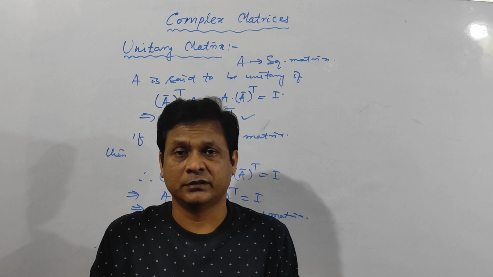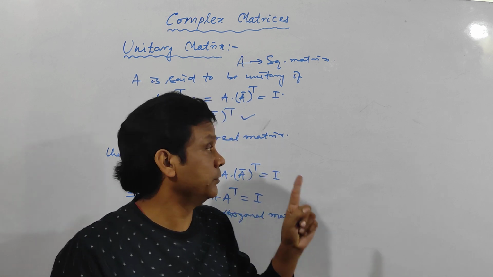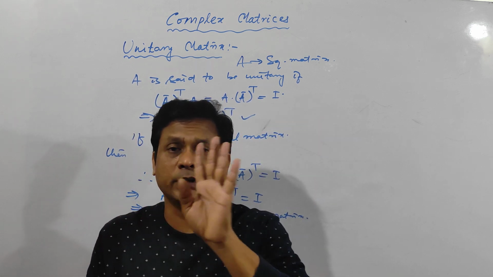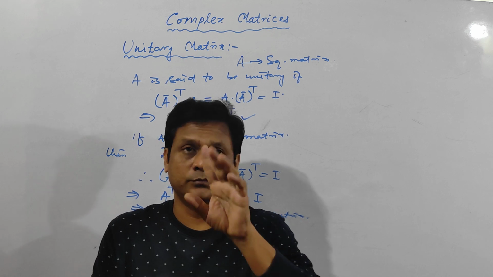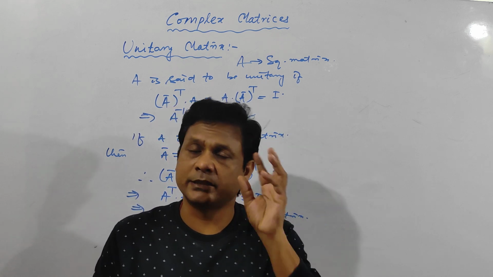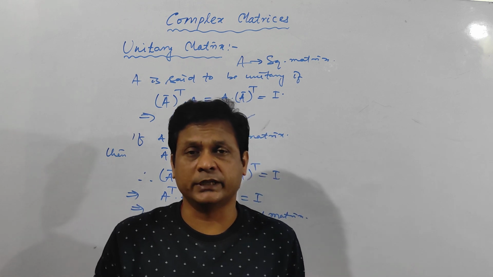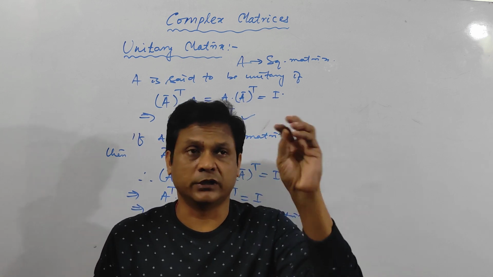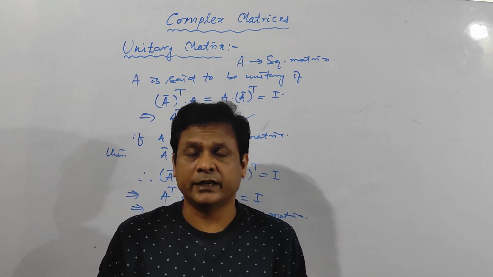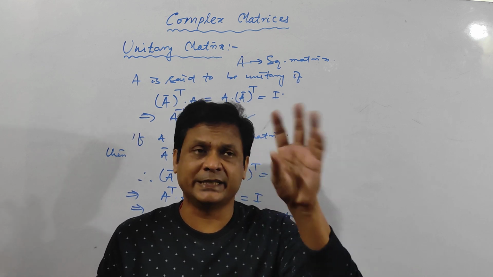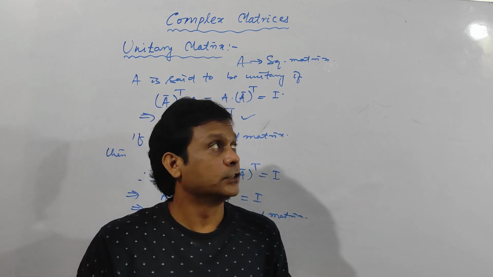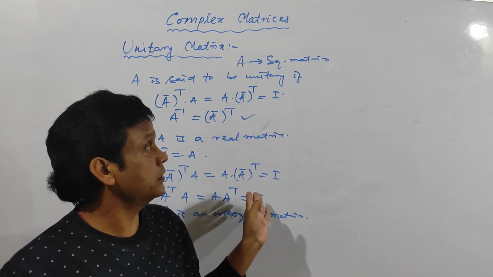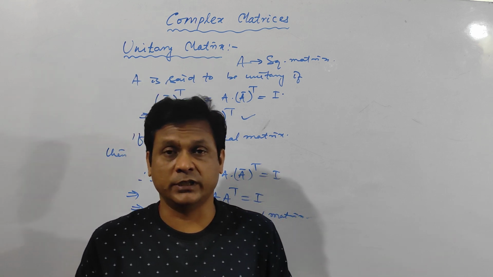Simply by seeing, for orthogonal matrix and unitary matrix you have to find out. But otherwise, a symmetric matrix can be said directly by seeing the matrix. Skew symmetry also you can say directly. Hermitian and skew Hermitian also I have told you how to check whether it is Hermitian or skew Hermitian. Only by seeing the matrix you can say it. Okay. So this is all about the complex matrices. So simply remember the properties and conditions so that you can attend the questions in the entrance. Okay.